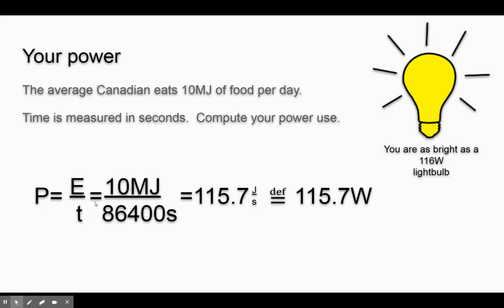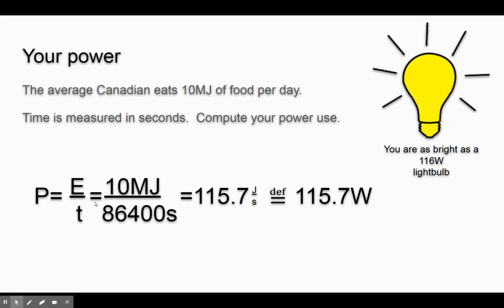The old yellow ones that you see pictured here, they waste like 90% of their energy in heat. So a 60 watt desk lamp today is often only like an 11 watt LED. So the idea of saying, you're as bright as a 10 watt light bulb, now you would say, thank you, I had no idea I was that luminous. And if you say you're as bright as a 10 watt laser, man, you're cutting. You're blindingly bright. So the wattage doesn't necessarily tell you how much useful power you're getting.